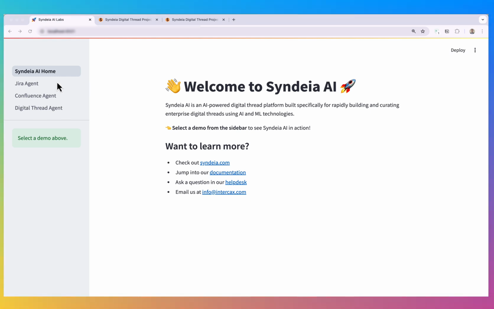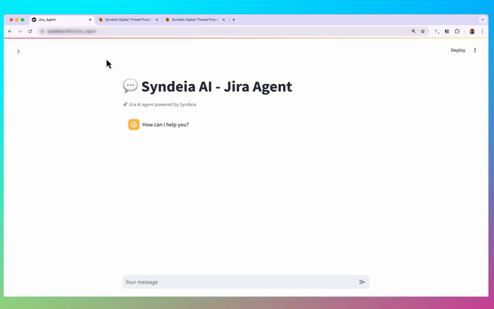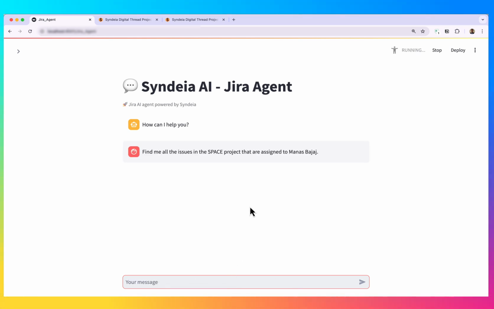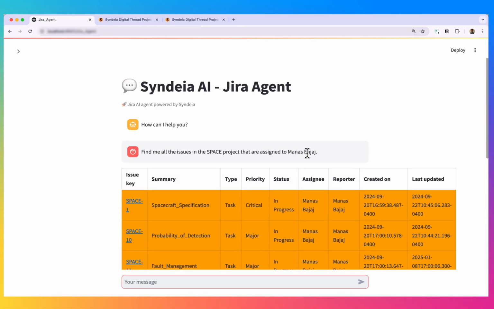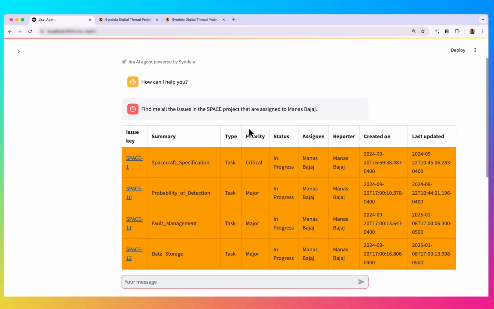We're going to first go to the Jira agent. I'm going to make the screen a little bigger. And I'm going to start asking some questions. In the interest of time, instead of me typing on the chatbot, I'm going to paste some of the questions that I have. So the first one is to find all the issues in the space project that are assigned to Manas Bajaj. This takes that natural language input, goes out to the Syndeia Cloud server,